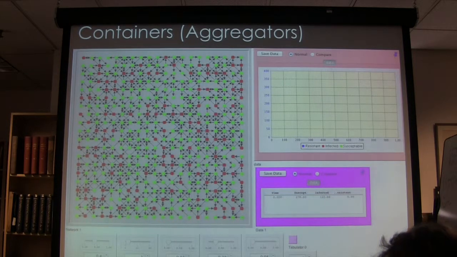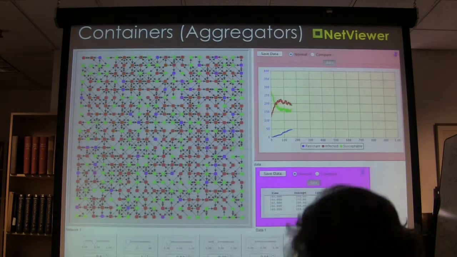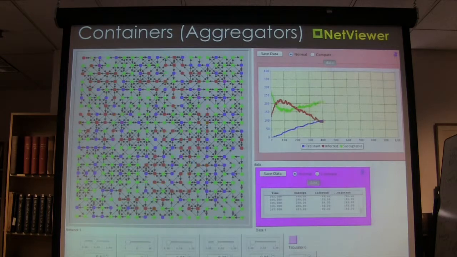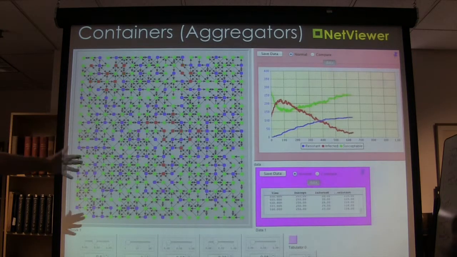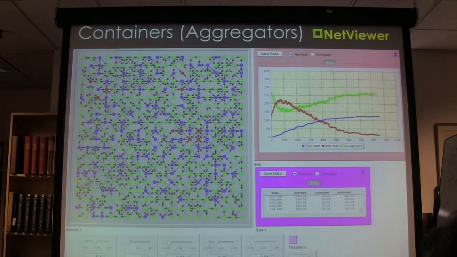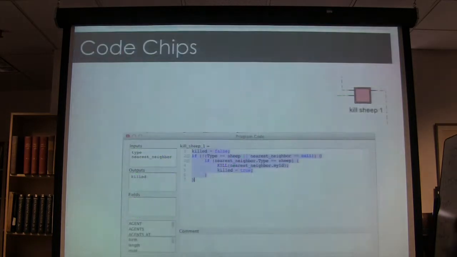Here we have another kind of aggregator, which is networks for disease problems. For example, instead of running things on an array, we can run them on a network, and you can run a disease model on this network and plot the output. This is just a quick overview of some of the things.